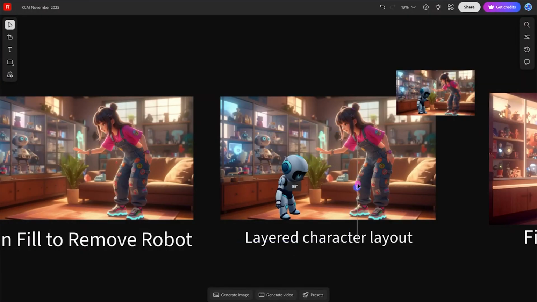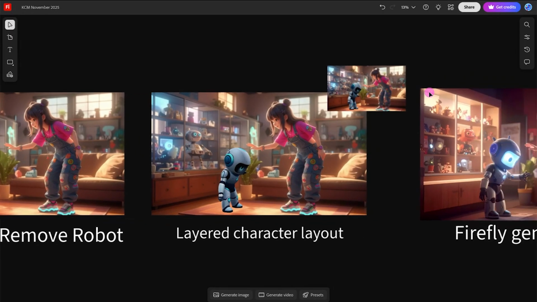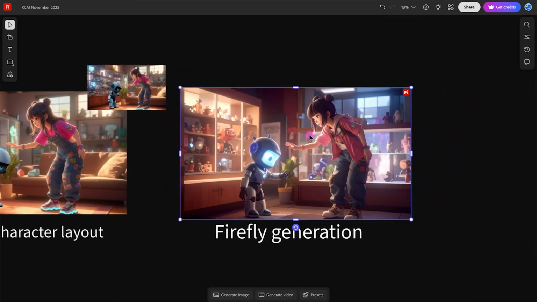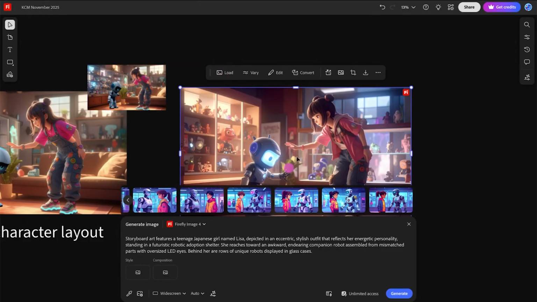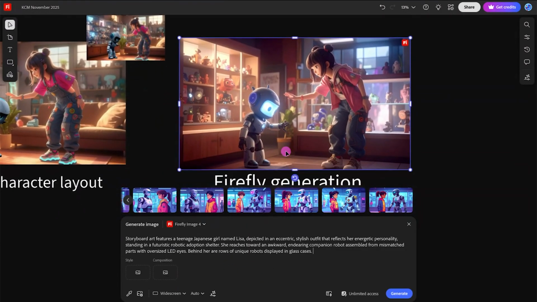I can adjust his position here so he's perfectly aligned with where I want him to be, a lot in context with our character. And then I just use that as an image reference for which to generate a new asset. Okay, so I started to play around with this. I don't know if I really like the eyes. Maybe I wanted to go back to my initial 2D reference here, but